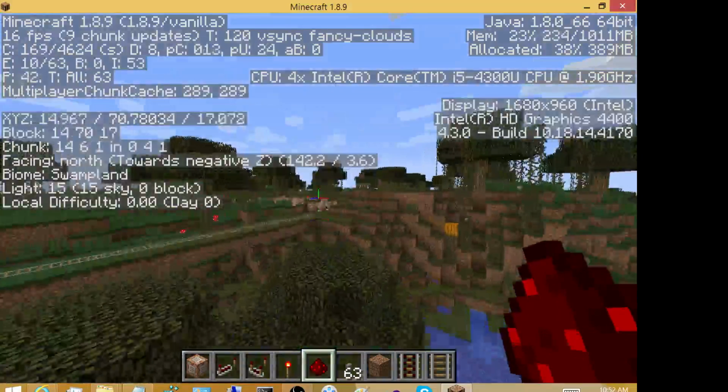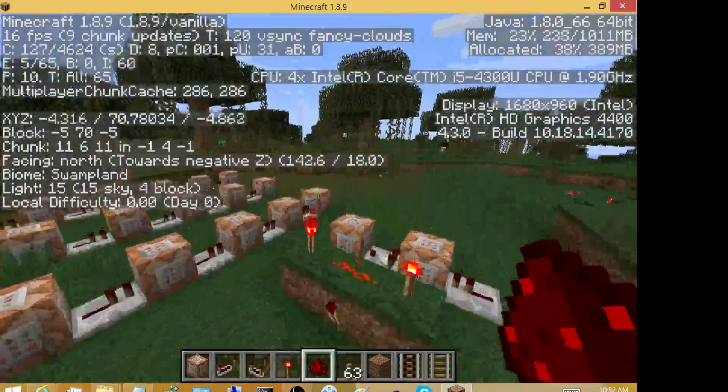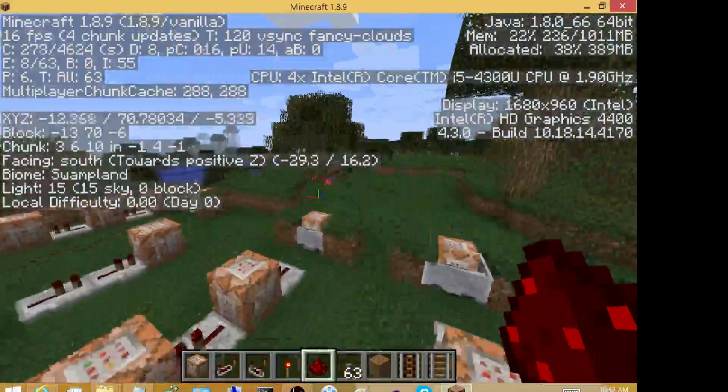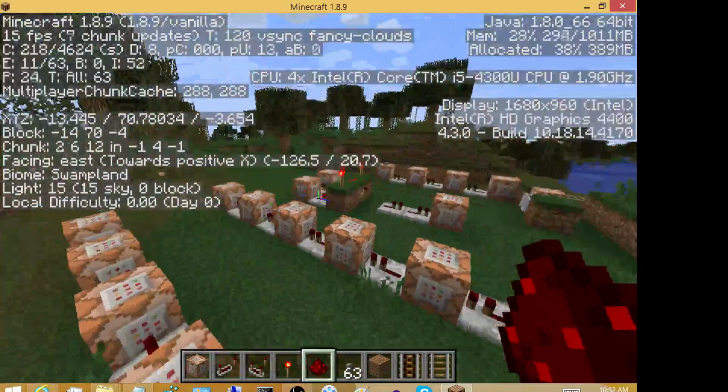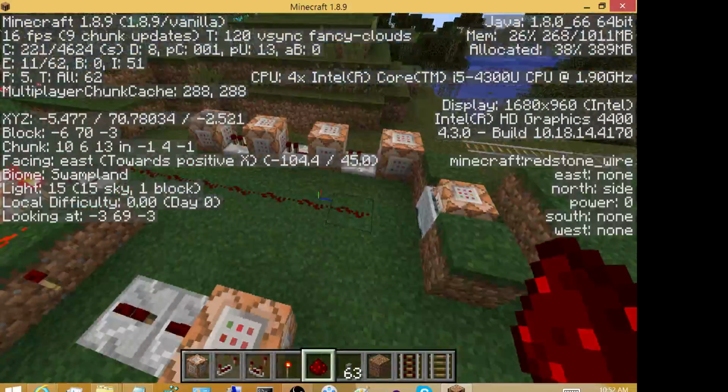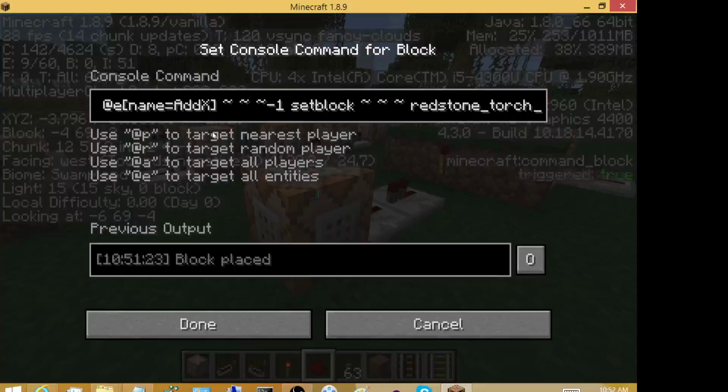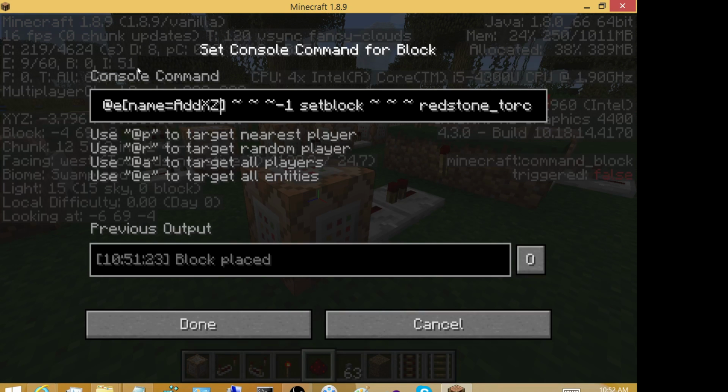Okay, let's go back then and do one more thing, and that is that I want to actually start moving it diagonally. So let's see, where are we? Where does our loop end? Our loop ends over here, and I have set up a third set of command blocks and have named them add, not X, but XZ, so that they will go diagonally, incrementing both in the X and the Z direction simultaneously,